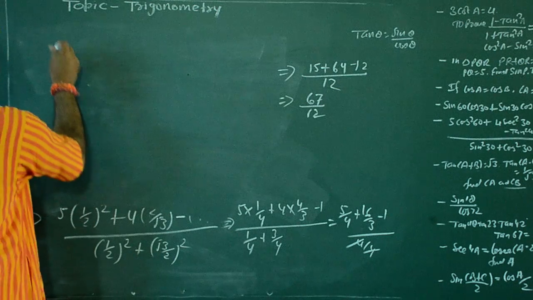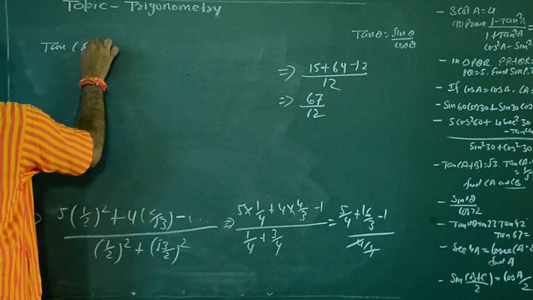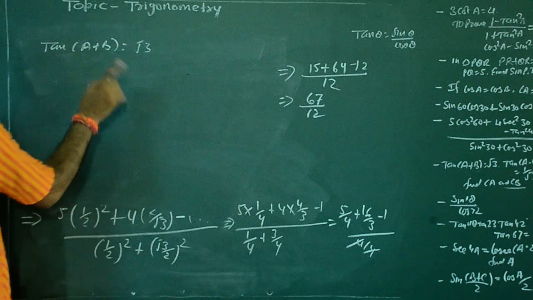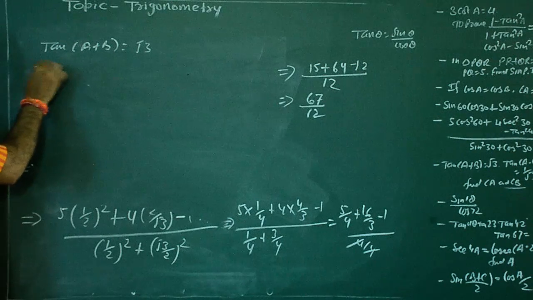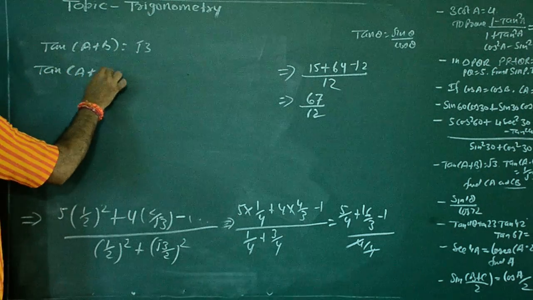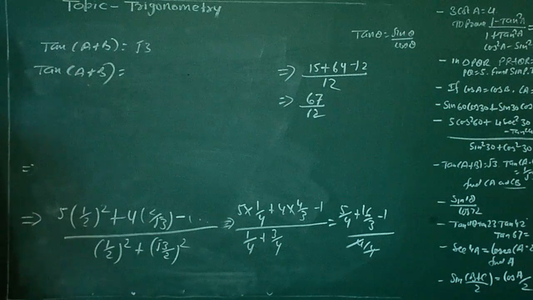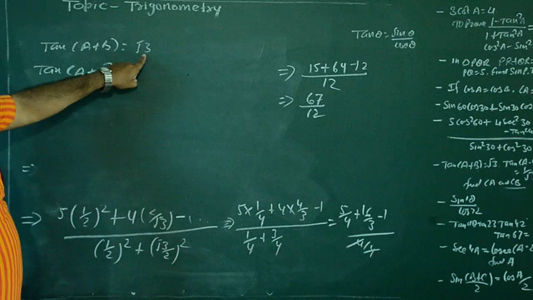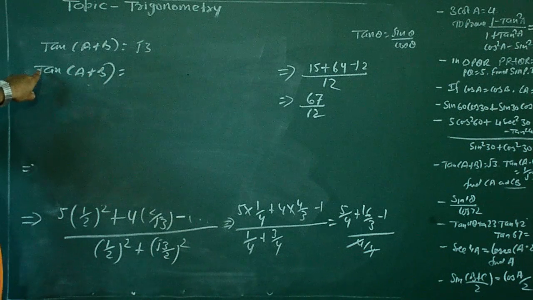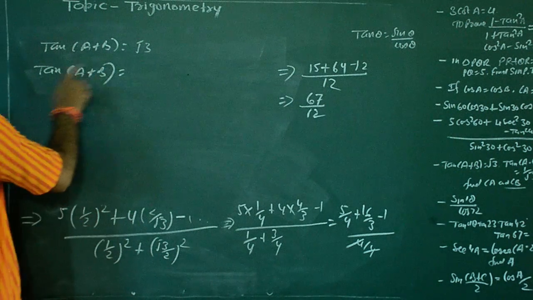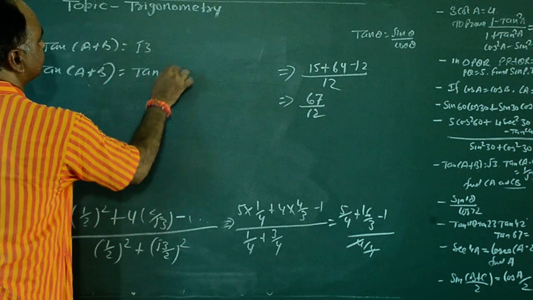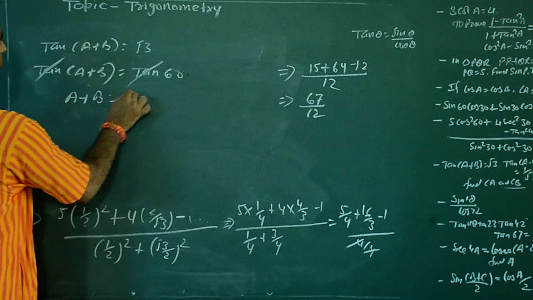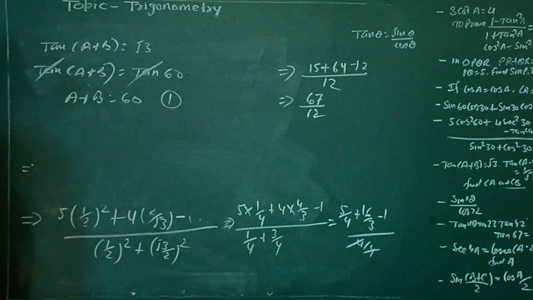and this is a very simple question. Tan a plus b equal to root 3. Okay, so look here, first find the value for this tan a plus b, and now you have to see your table, and from the table you have to find the value of root 3 for tan, because here it is given tan. And it is the value of tan 60, tan cancel, and you have got a plus b equal to 60 degree. That is equation number first.